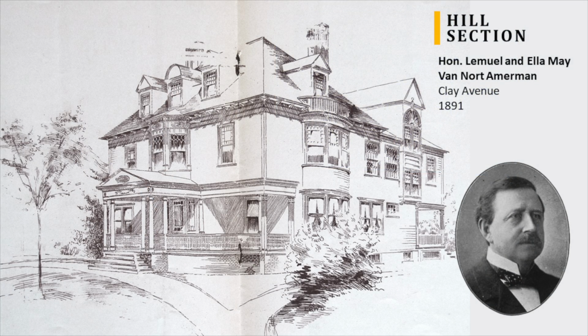Another interesting home, just kind of across the street, kitty corner from this one, is the house for Lemuel and Ella Ammerman. This home is interesting because, again, it's one of these colonial revival homes by Dietrich, but at the same time it had a little bit of a different feel in the floor plans and not quite the massing